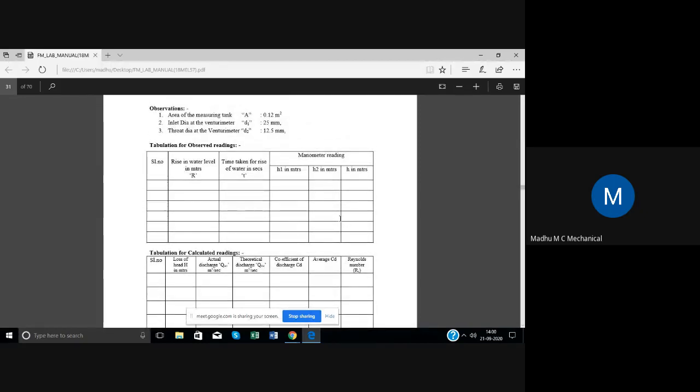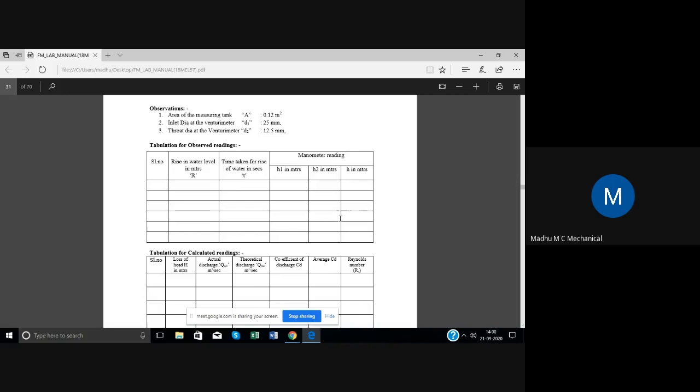Okay? Can you hear me? Yes, sir. So note down the tabular column. And again, on a sheet of paper, I'll give you the readings. You do the calculation and upload it in the Google Classroom, B3 batch, FM lab. I put a Google Classroom there. Go there, put your values there. I will assign the marks. And there is a quiz also on venturimeter. Attempt the quiz and I will evaluate the quiz also.